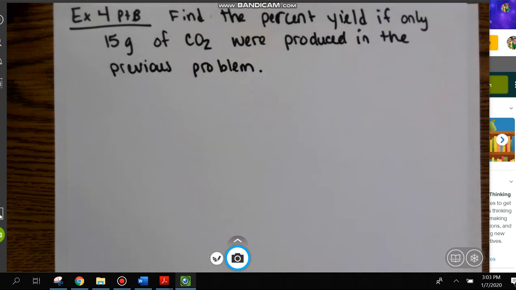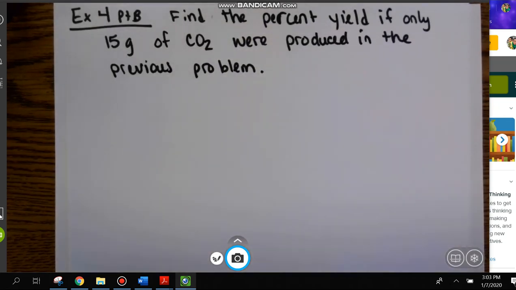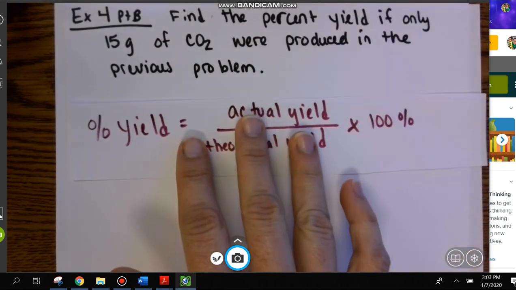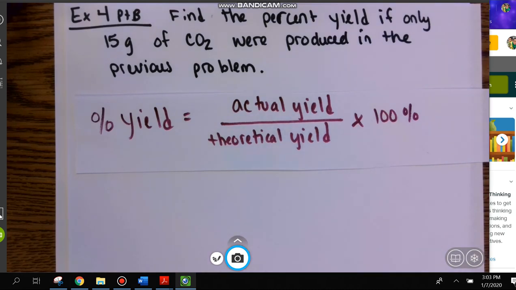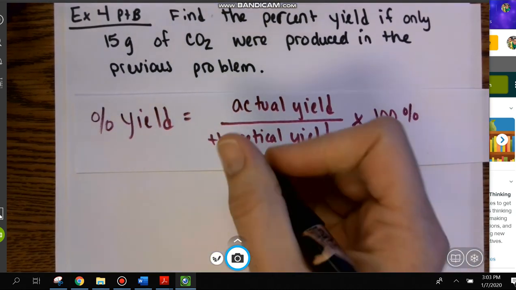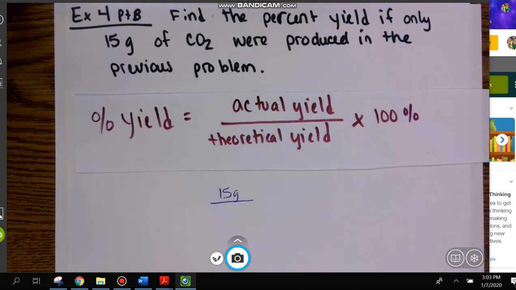All right, very quickly to find the percent yield. If we only had 15 grams actually produced in the lab, we just do very quickly actual yield divided by theoretical yield times 100%. Our actual yield would be our 15 grams of CO2. We would divide that by our theoretical yield,